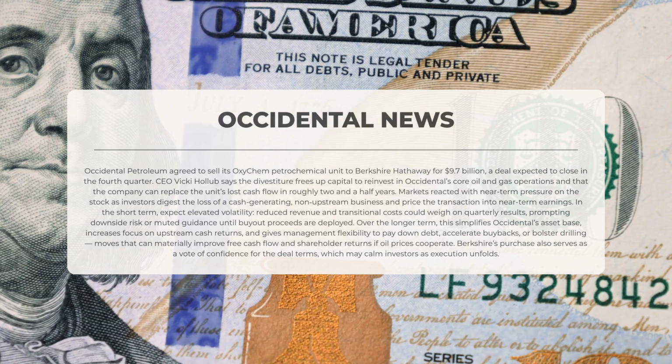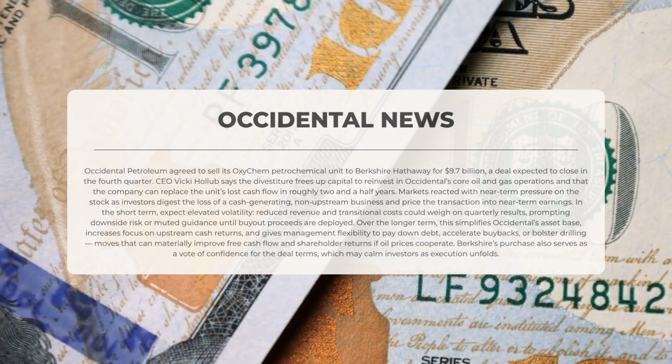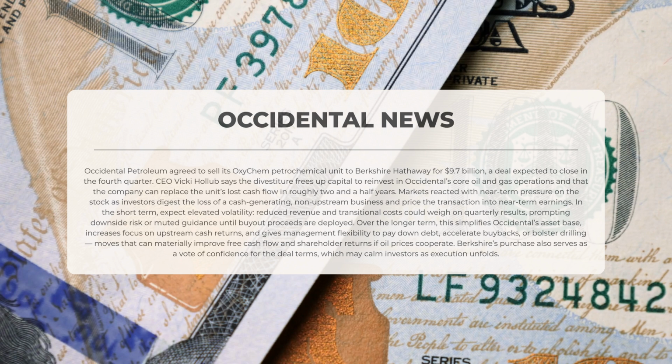The markets responded with immediate pressure on the stock as investors process the impact of losing a cash-generating, non-upstream business, incorporating the financial implications of this transaction into their near-term earnings projections. In the short term, expect heightened volatility. Decreased revenue and transitional costs may affect quarterly results, leading to downside risks or cautious guidance until the proceeds from